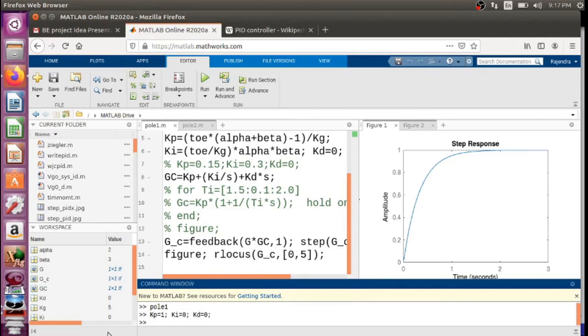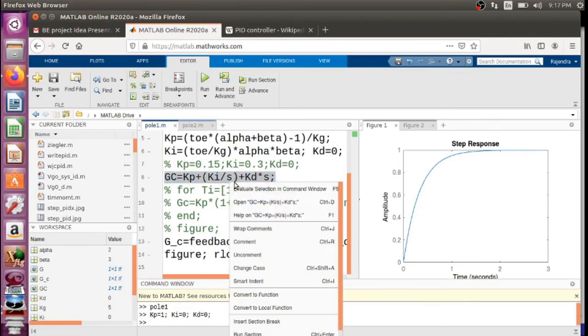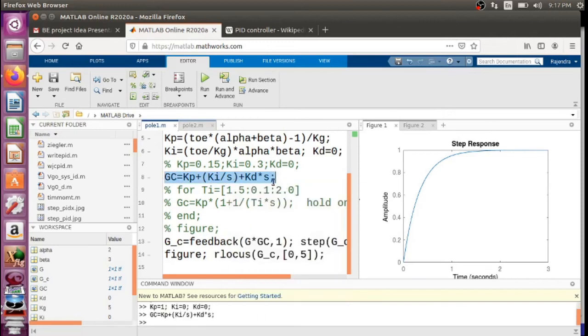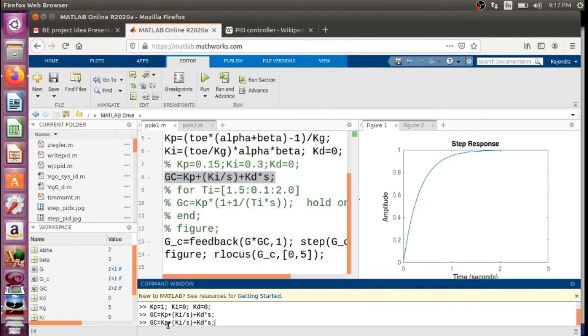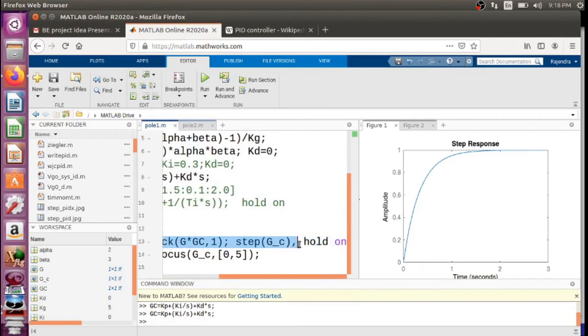One can find out Gc once again, with the modified Kp, Ki and Kd, and one can find out the step response also.